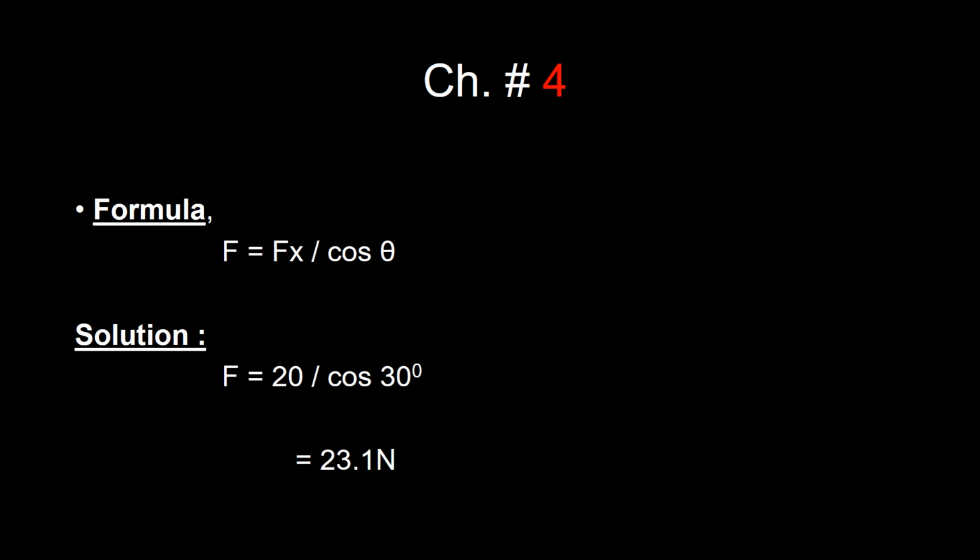So students, you know that the whole chapter consists of only 4 formulas. Number 1, the formula of the resolution of the forces, the X component and the Y component, and then the formula for theta is equal to tan inverse Fy over Fx. Then it is the formula for the torque or moment of force, which is equal to F into L. And keep in mind the formula for the torque of the couple, which is equal to F into D. Here D is the diameter. Diameter means the distance between the two forces, not the distance between the force and the pivot.